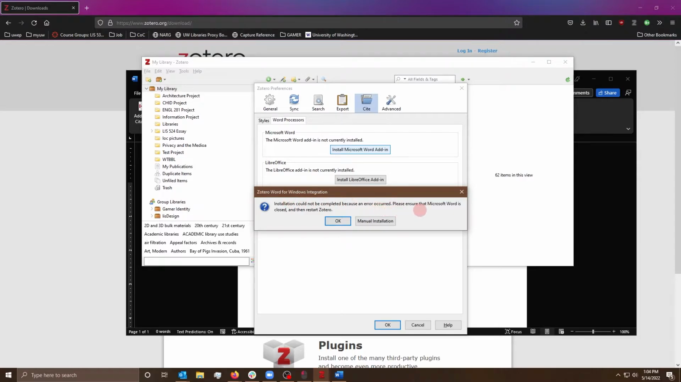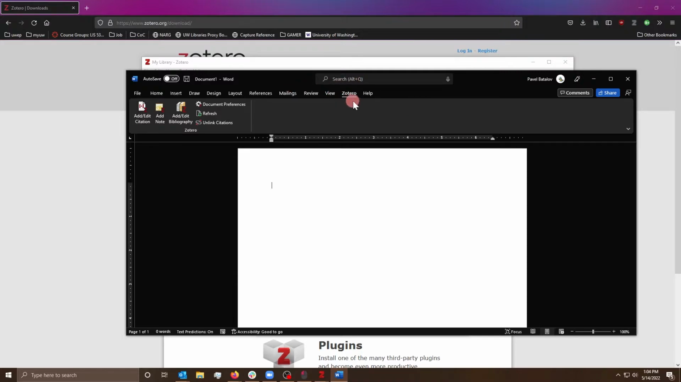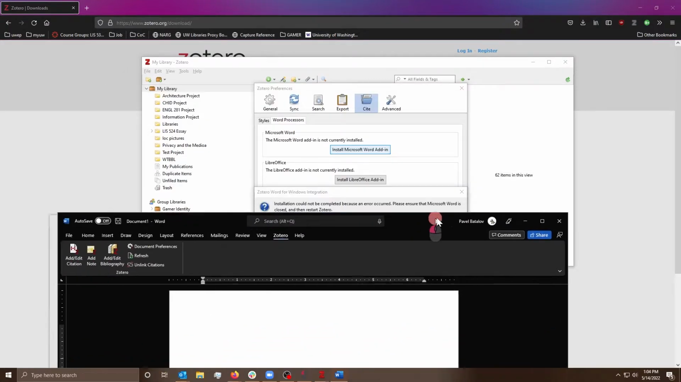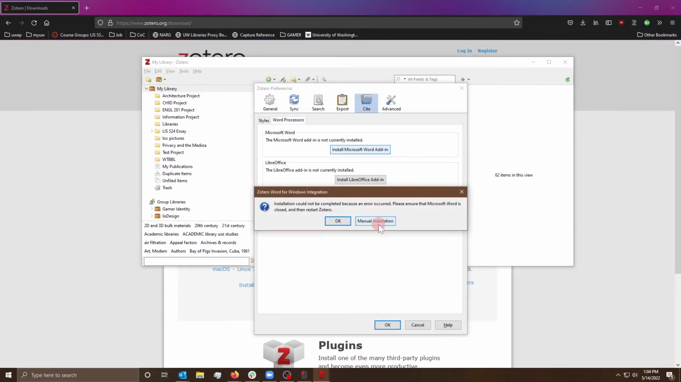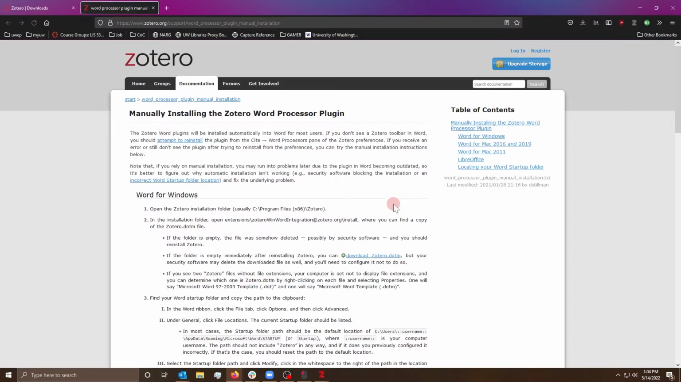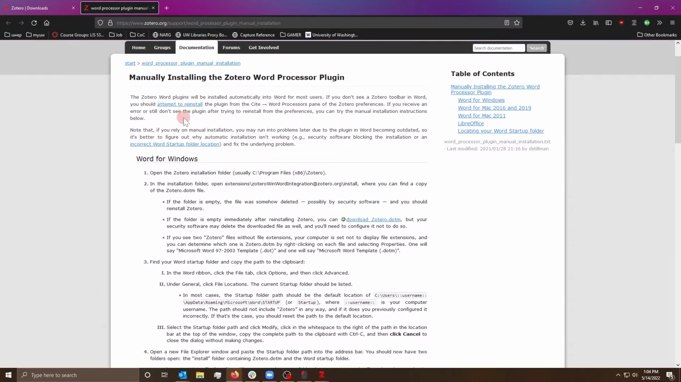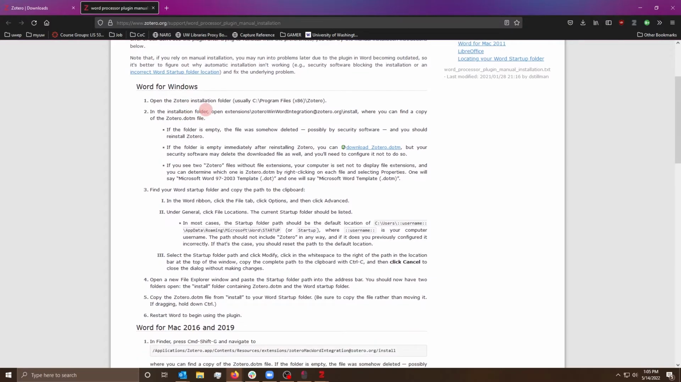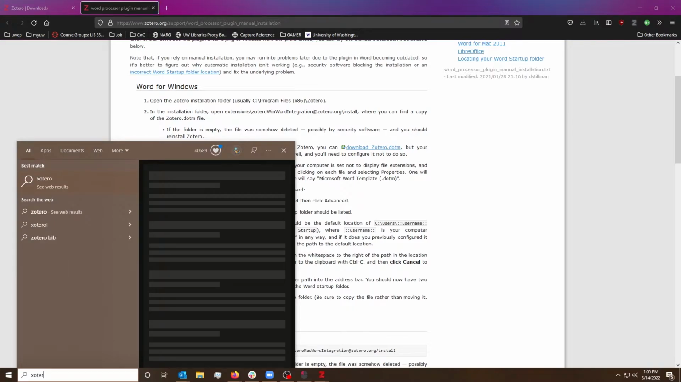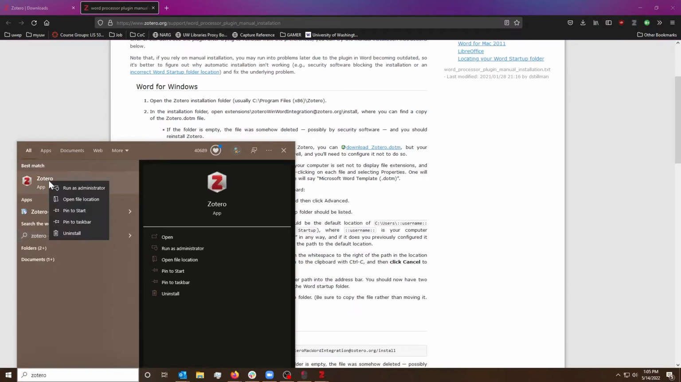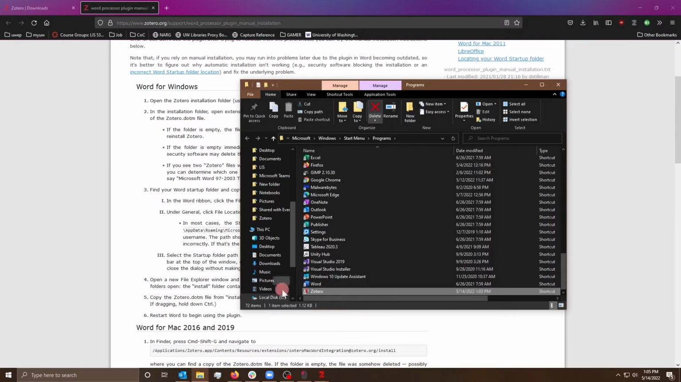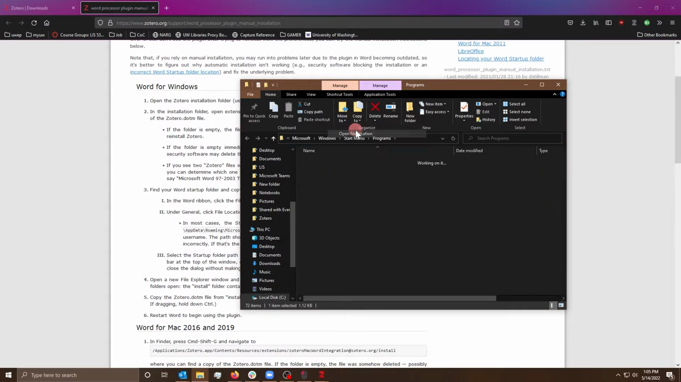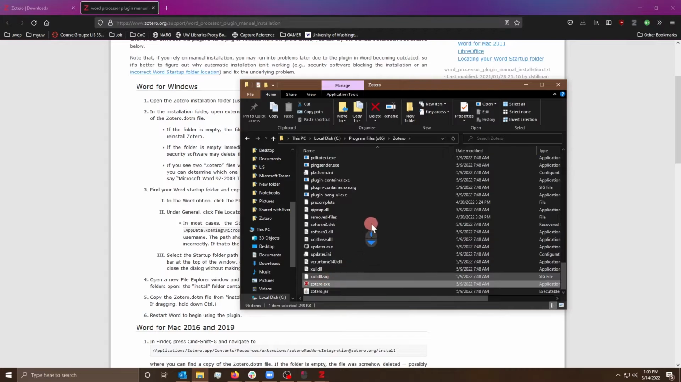And it didn't work because I have Microsoft Word open, but it doesn't really matter. If it says it couldn't be completed again, you can follow this link to manually install it, and I can show you how to do that here. I can go to Zotero, and I can right click it, and I can open the file location, and then I can open its file location, and